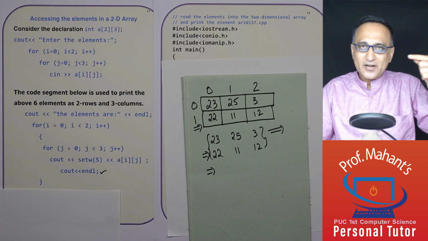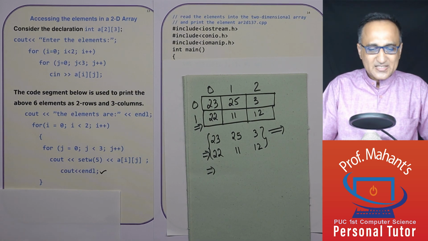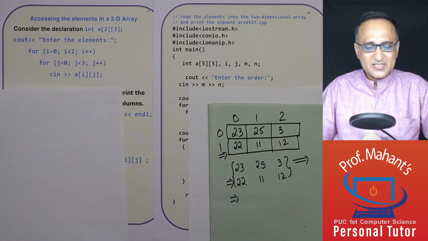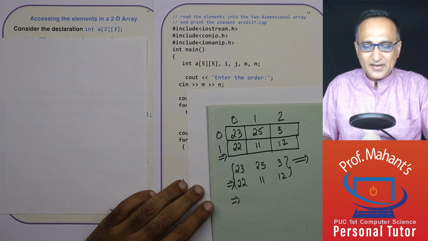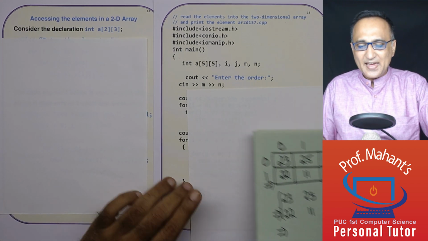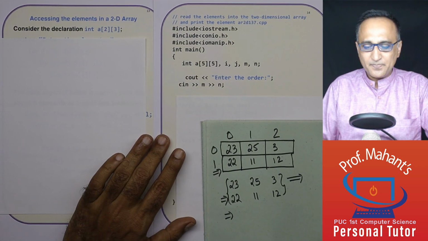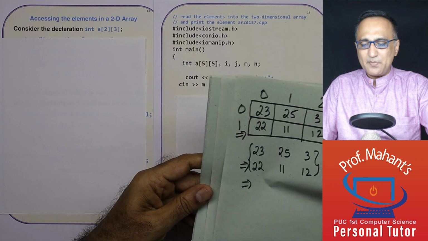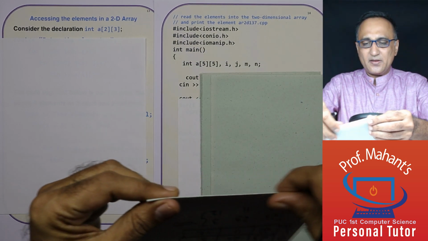If I have row and column, then I need 1 loop to cover the row, 1 loop to get into the individual column. Now let's take a look at a simple program which does the reading of elements into a two-dimensional array as well as does the printing. This way your concept is going to be better. Now what I'm doing here is I'm going to read a two-dimensional array